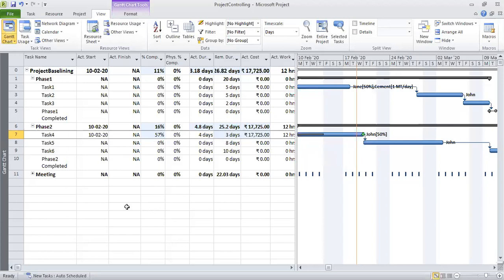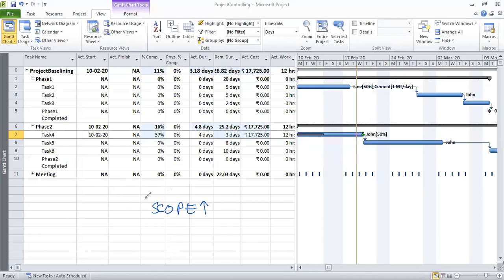Another common scenario in a project could be that there is an increase in scope. There is more work to do than what was planned before. So if there is an increase in scope, finally, when it comes to the schedule, it will come in terms of additional tasks.